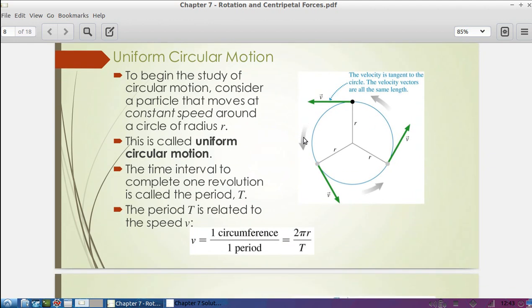So if you picture a point on the end of that wheel, right? Or let's say you have a mass on a string and you're spinning it around in the air in a circle. If you are spinning that object with a constant velocity, this is what we call uniform circular motion, right? So the angular velocity is constant. What also happens is that at every point on this object's path,